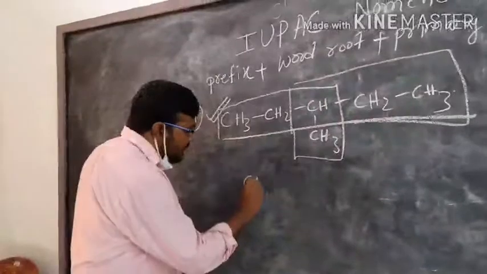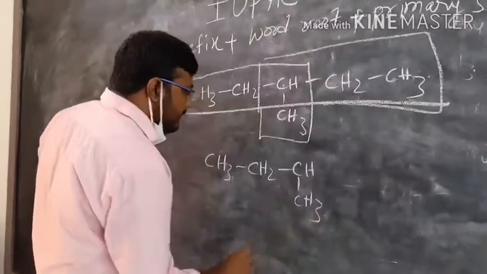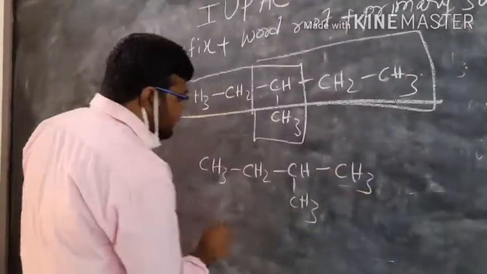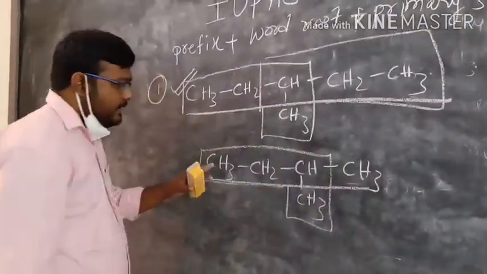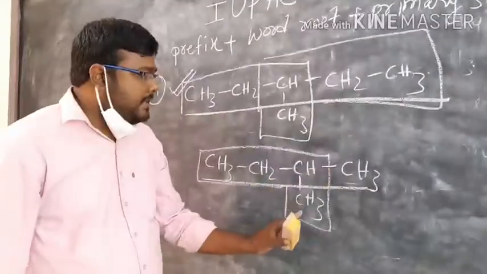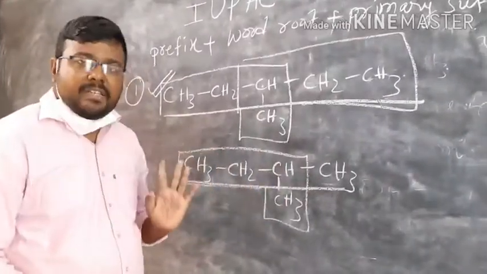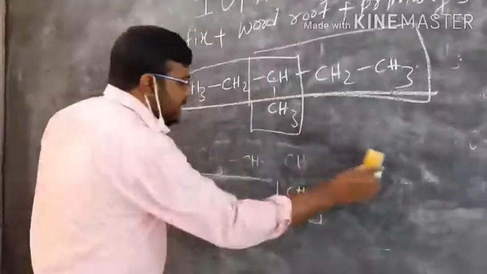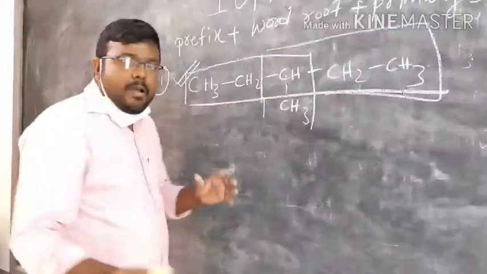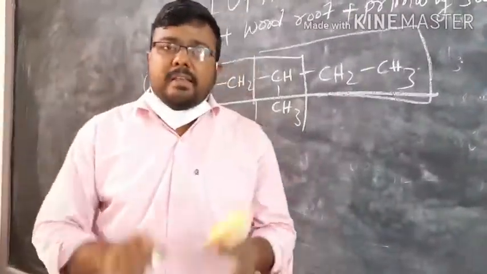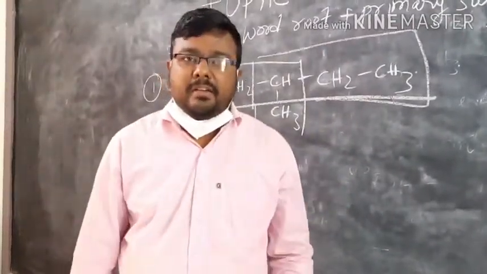Suppose we can get this type of chain also, CH3, CH2, CH, CH3, and here also CH3 is there. So in this case you see two chains are possible, one is the straight chain and another is this, also another chain. Both contain 4 carbon atoms, same number of substituents. In this case, we will take any one of them as the parent chain. But if two different carbon chains are possible and the chains contain different numbers of substituents, the chain which contains the most number of substituents or branches would be taken as the parent chain.